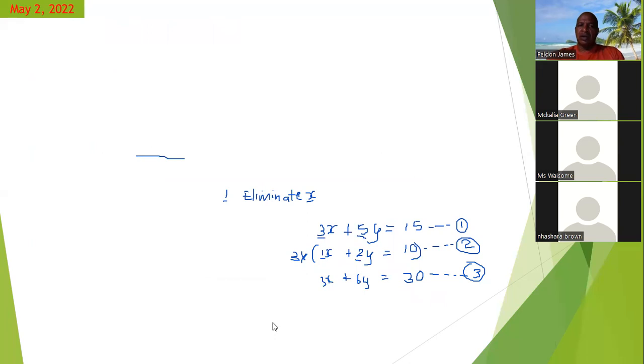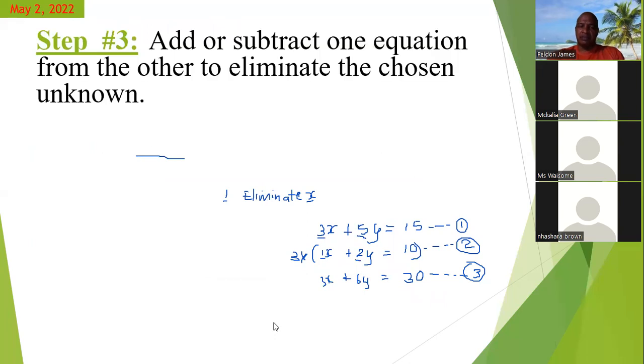So jumping along to step 3 now. Step 3 says that we are now going to either add or subtract. Now it means that you're going to do either add or subtract. So it means that you cannot do both, you know. You have to decide which one you're going to do. You're either going to add or subtract. Now, adding or subtracting